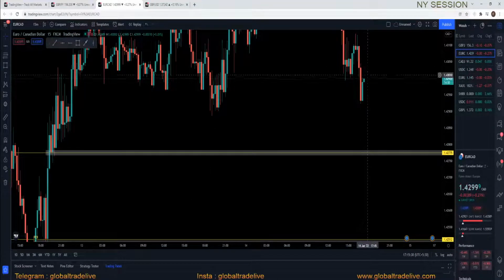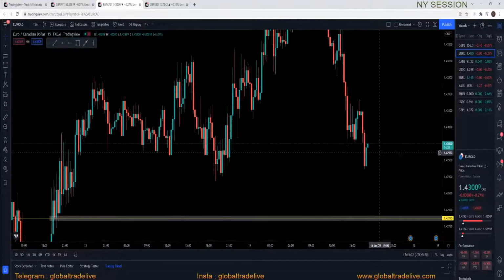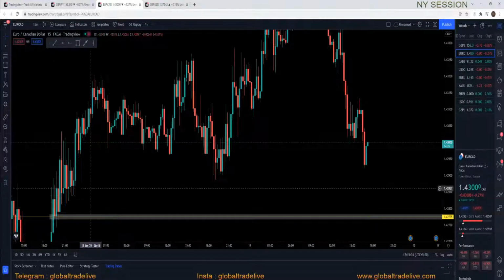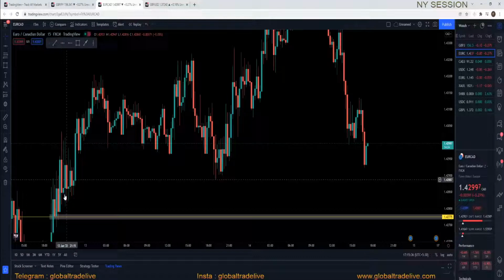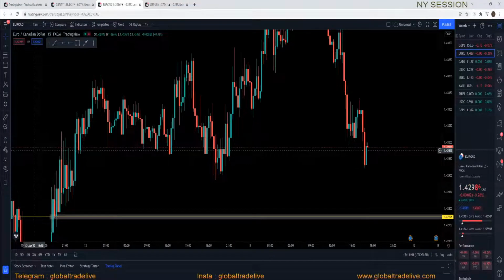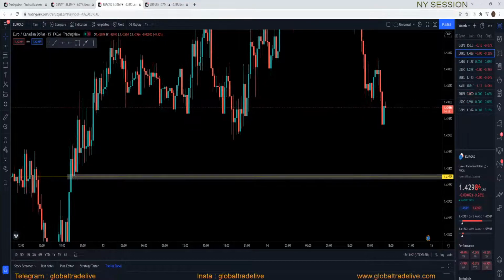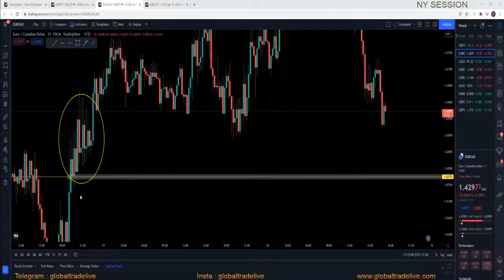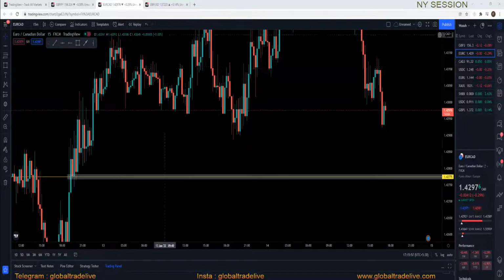So no trades can be taken in this kind of a scenario, because we have consolidations over here, so we cannot really take a trade. Market is stuck over here, it can really reject these areas because they are strong areas of the market, so we need to wait for a better option.